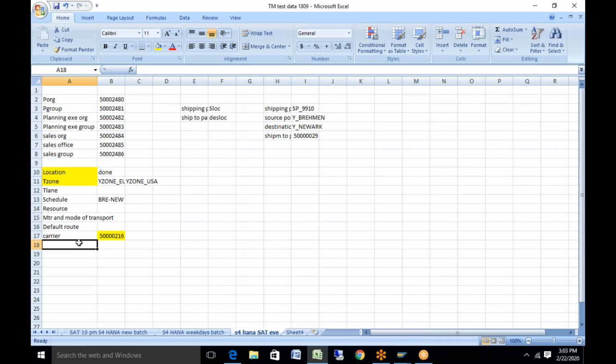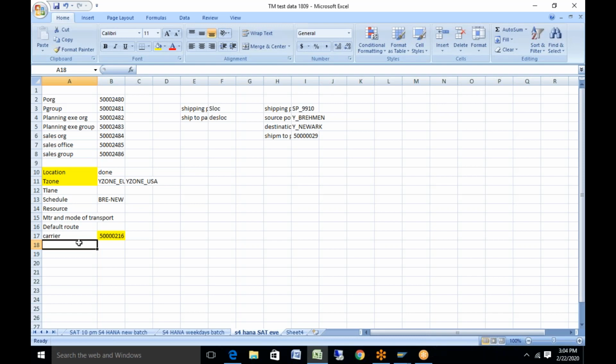Now the important master data we'll see is the resource. Resources play a very central role in your planning and execution, and are required to physically transport the goods from or within your transportation network, so that at your source and destination the respective loading and unloading can be done. There can be different types of resources in the system. One is a vehicle resource, which mainly can be a truck, trailer, locomotive, or rail car.